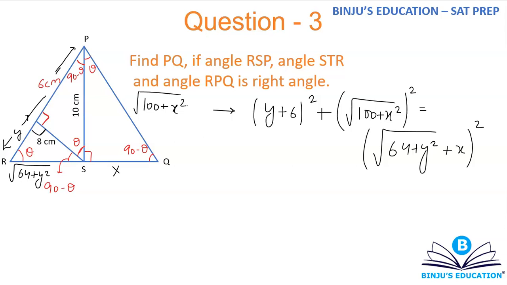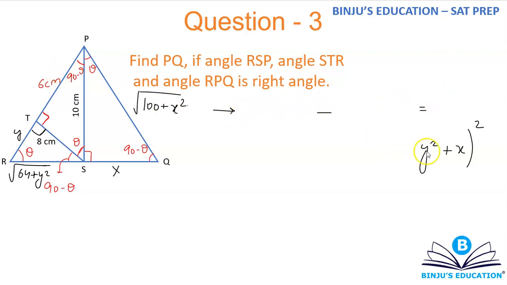One thing is for sure, let me remove all this, it's not required. I'm going to simply use the similarity, probably that's going to help me more. So let's first talk about triangle TRS. In TRS, T is 90, R is theta, S is 90 minus theta. And I'm going to take the second triangle, which is PTS.